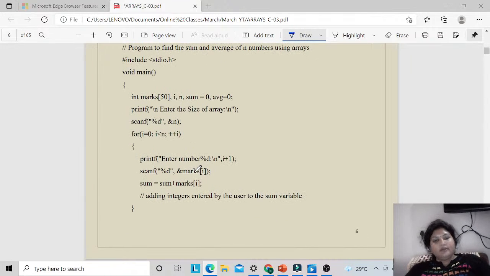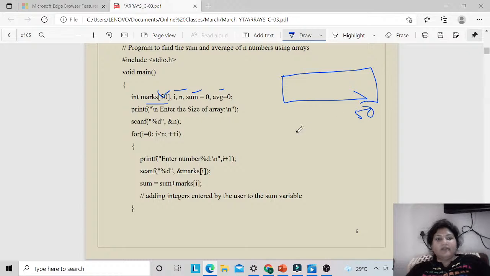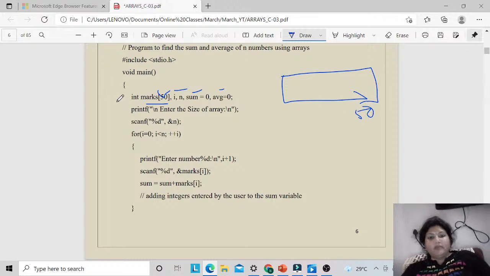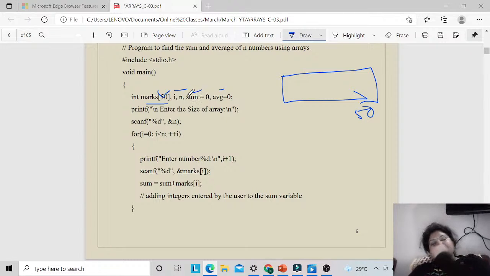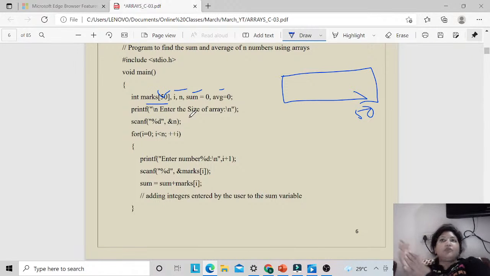You have taken the marks, and the number of marks would be 50. You have allocated the array of size 50. Then you have initialized the sum. The maximum size of the marks would be 50, like you can take 50, right? How many marks you can take from the user, the maximum limit is 50. Now, I am not going to put all the marks. I am going to take 3 subjects, 4 subjects. So the size of the array is basically defined